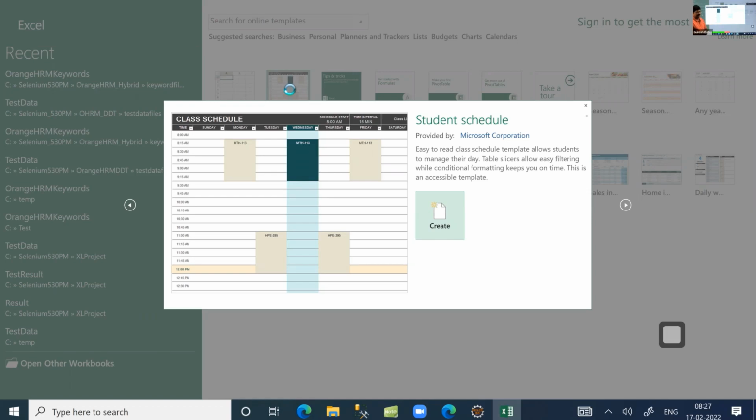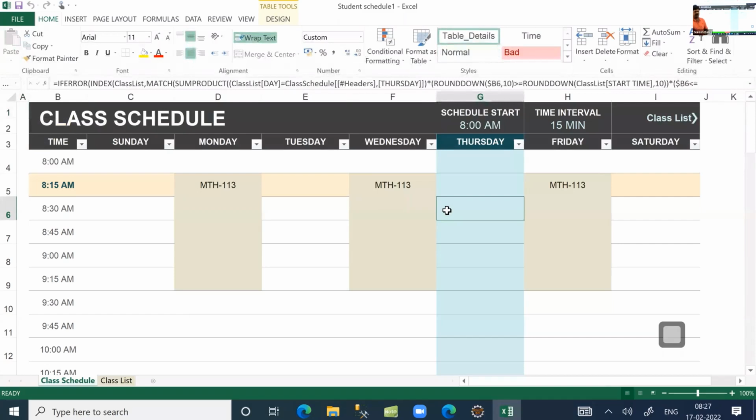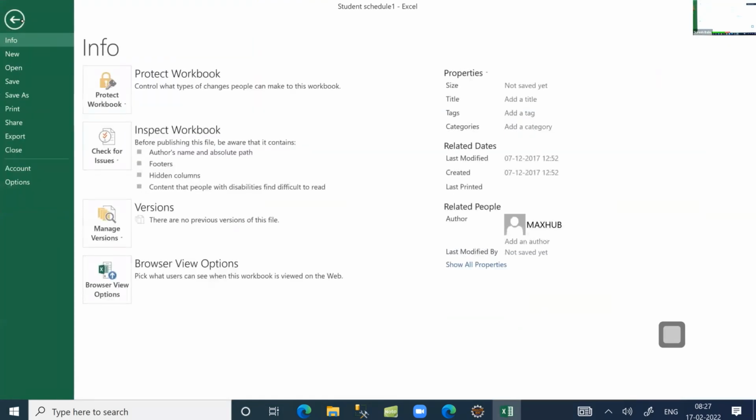I can make use of this template directly. Every predefined template provides some features. Here, I want to maintain data about student schedules. Rather than creating my own template, there is a ready-made template and I am trying to use it. My question: am I modifying the original template, or am I making a copy of this template? I made a copy of the template. Later I have to save it, correct? After making a copy,